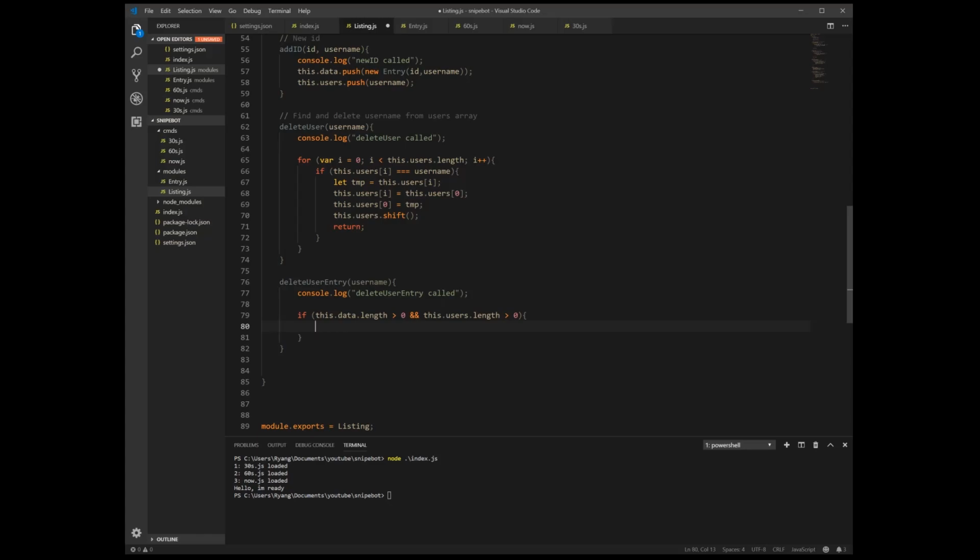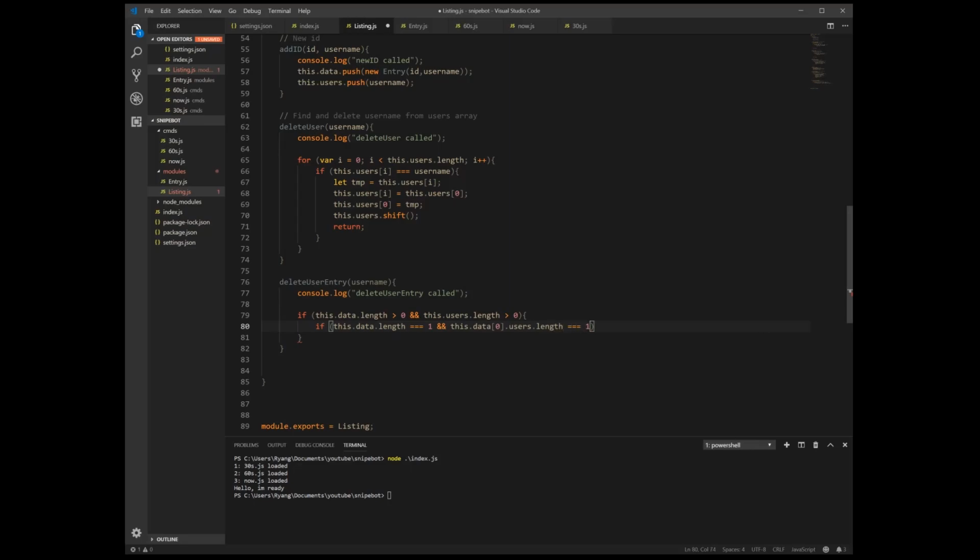Alright. So first condition is if we only have one username in one ID, we can remove the ID completely. We don't have to go remove the username. We just need to remove the whole thing. So in this case, if this.data.length is equal to 1 and this.data[0].users.length is equal to 1.